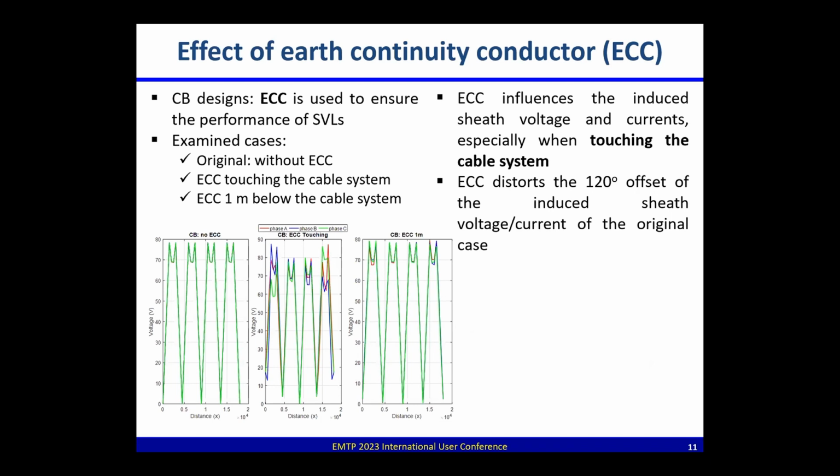This is clear because the ECC, the additional current that flows through the ECC, deteriorates the symmetrical, balanced case voltages that we have in the original case, and we can record different profiles between the three phases. Of course, the influence of the ECC reduces as its location is away from the cable system. So the ECC should also be taken into account in the analysis of induced voltages and currents,